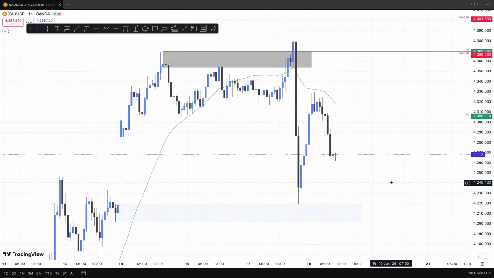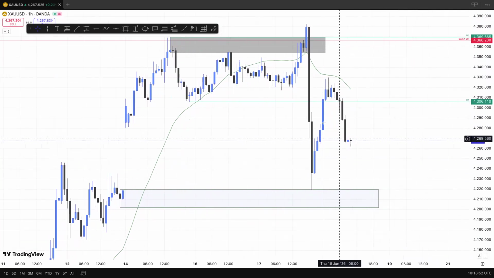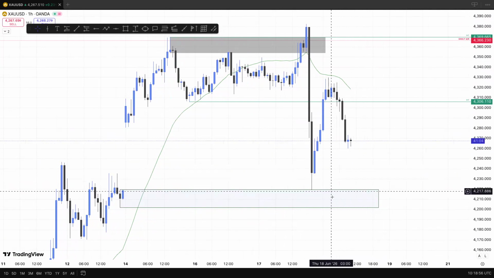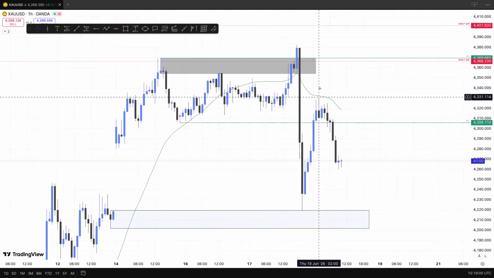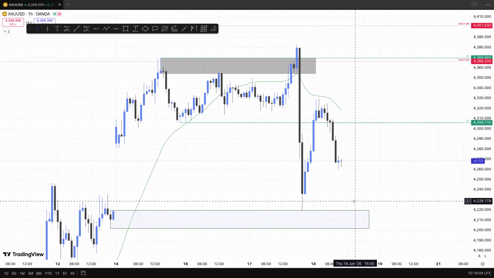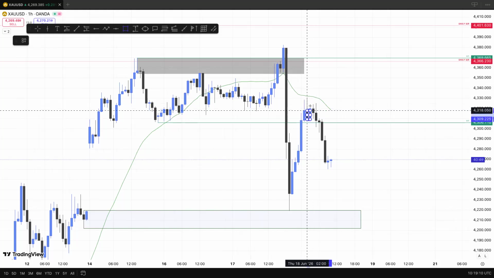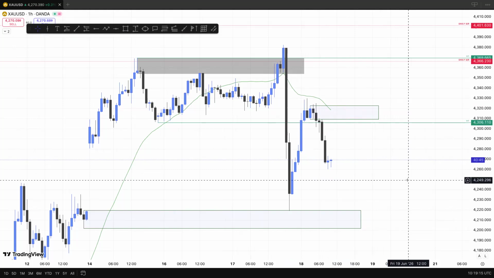So, what is the next thing for price to do here? The next probable thing is we are either going to get price to retrace back into this demand right here, because we've come into the sell side liquidity to grab some liquidity, or this supply is going to decide